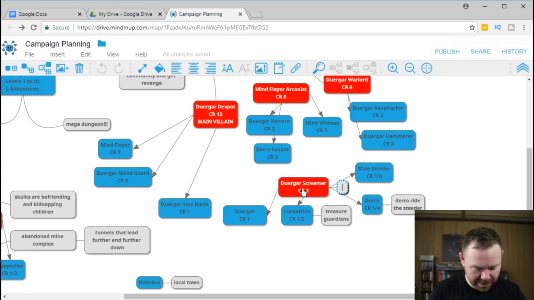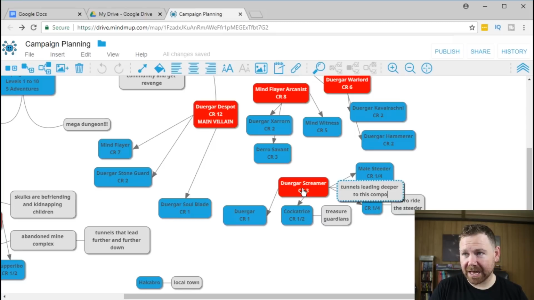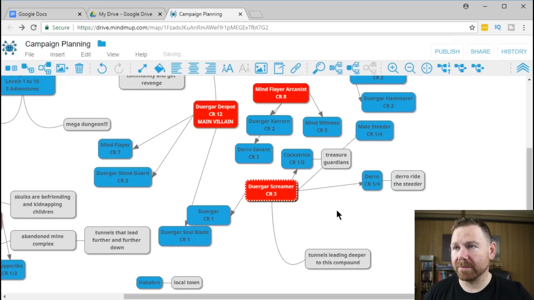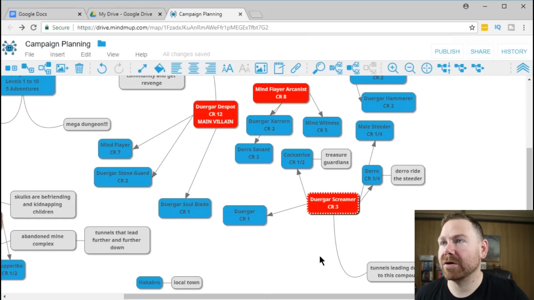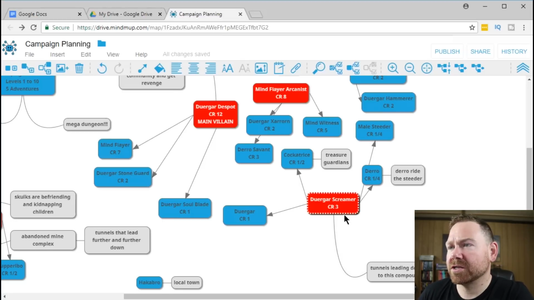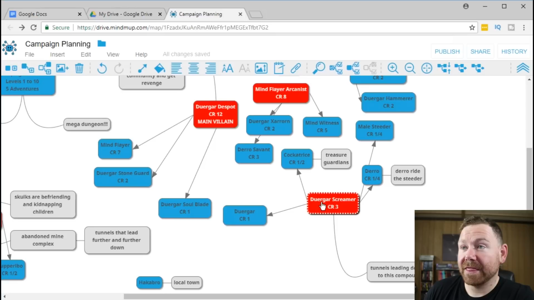So let's get this idea down. So there would be tunnels leading deeper to this compound. There we go. So you've got these tunnels leading deeper. Oh man, everything's moving around. Sorry, I don't know how to use the tool very well. But we're going to roll with it because that's life. Sometimes life is dirty. And tunnels leading deeper into this compound, and then they go into this compound,